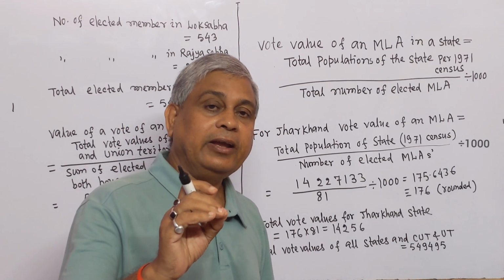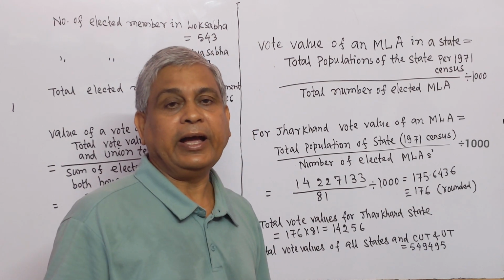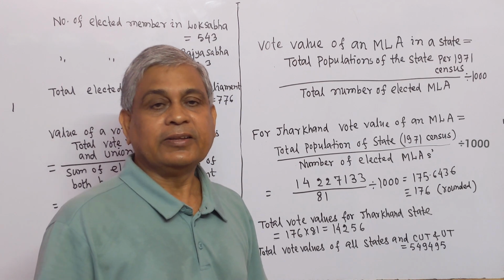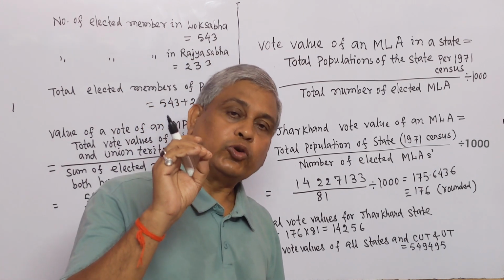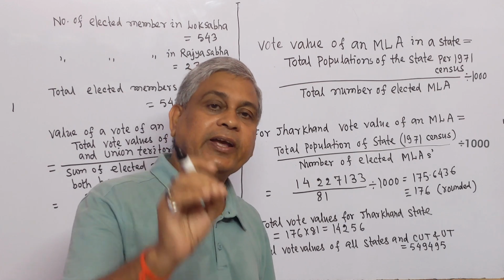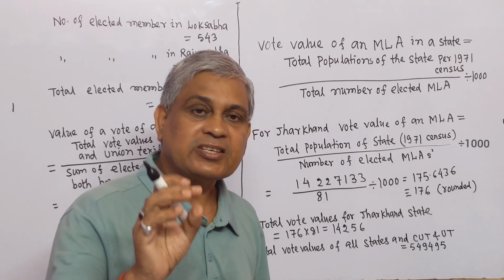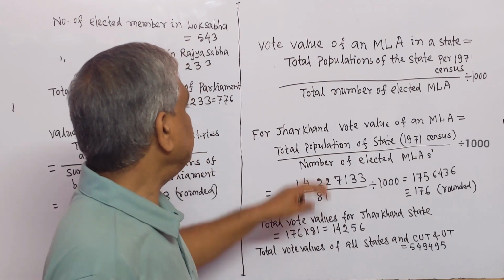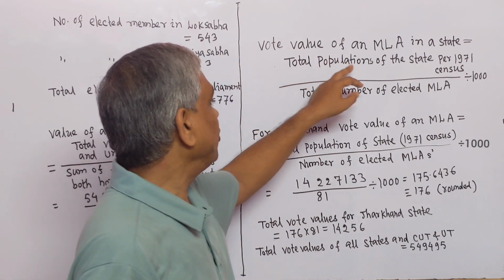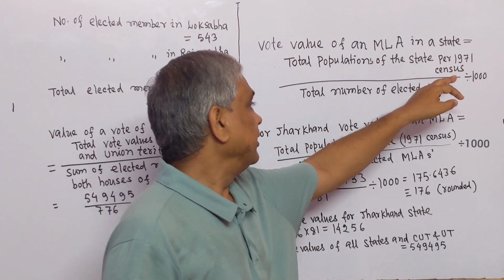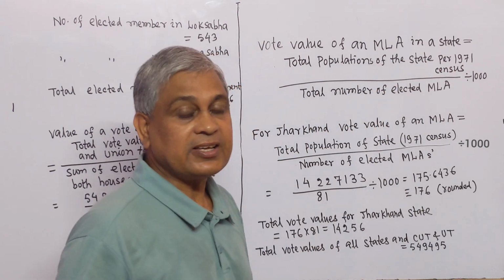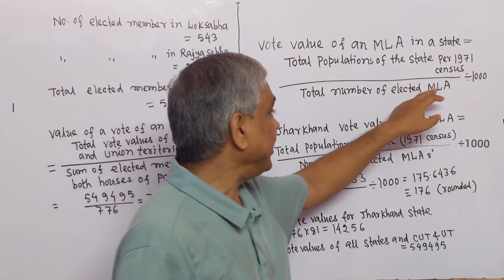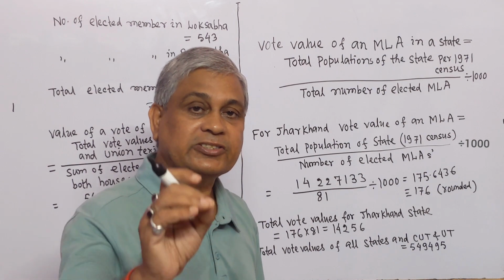In the 42nd amendment of the Constitution, it was decided that the total population will be taken from the census 1971. So, total population of the state as per 1971 census divided by total number of elected MLAs of the concerned state,